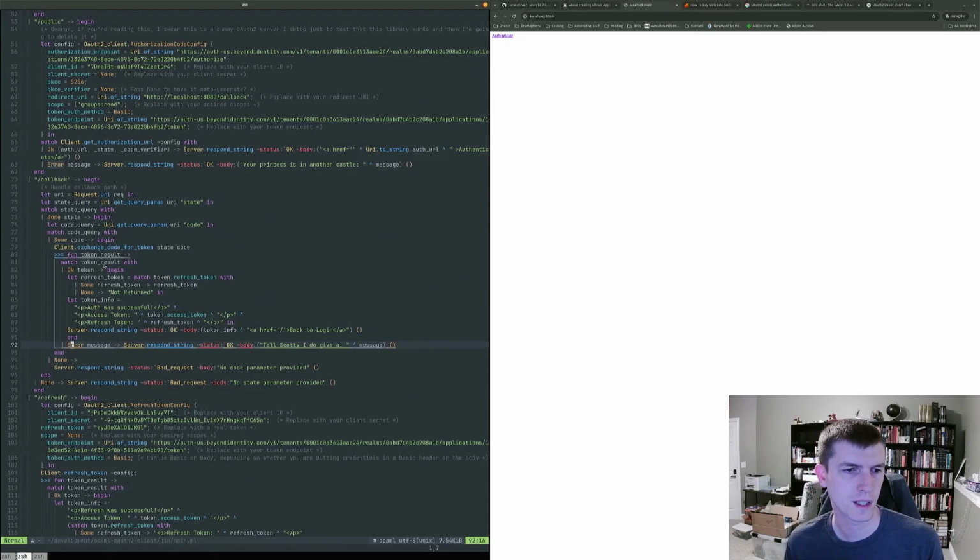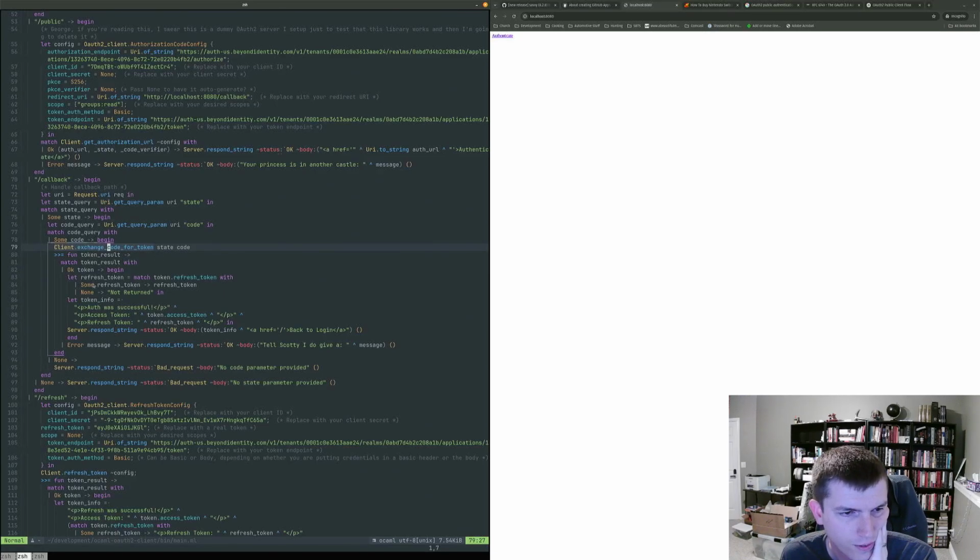So it's failing on token result, which means that it is not... So it's failing in token code, for exchange code for token.